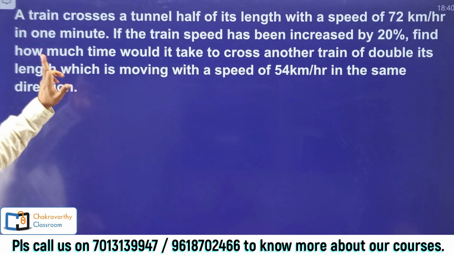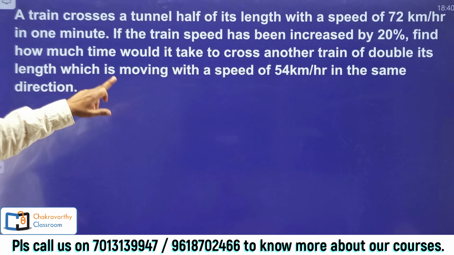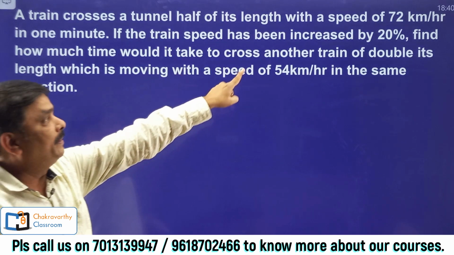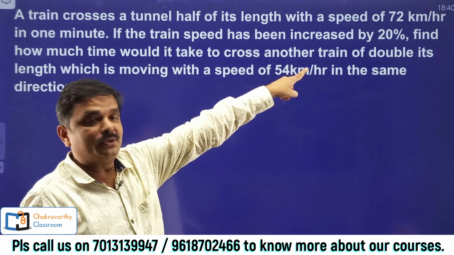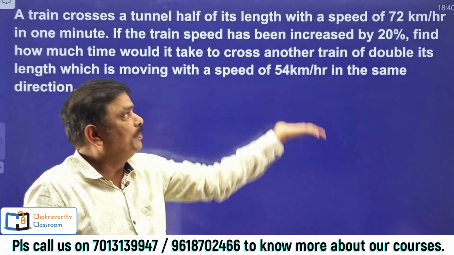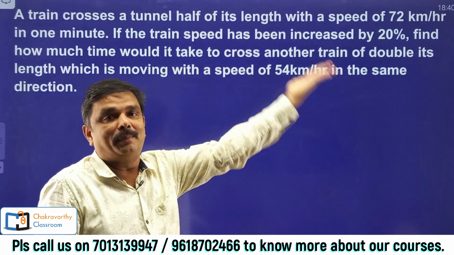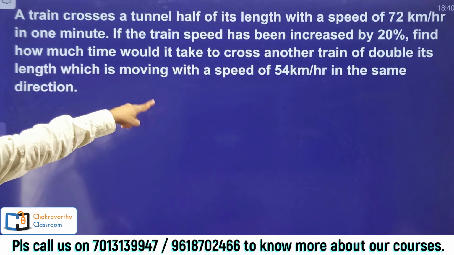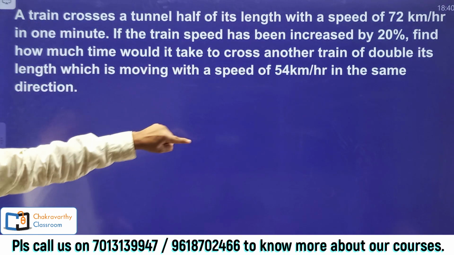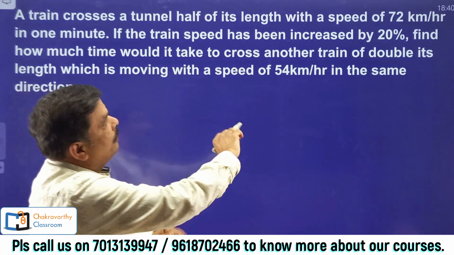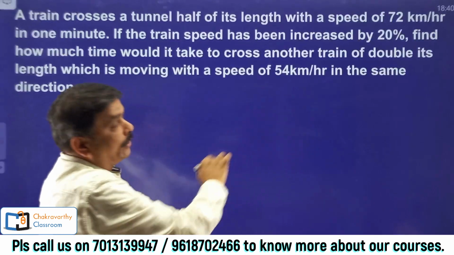Then what they have given: if the train speed has been increased by 20%, a very good one. Previously it was 72 kilometers per hour while crossing the tunnel. Then after that, if the speed has been increased by 20%, then find how much time it would take to cross another train of double its length, which is moving with a speed of 54 kilometers per hour in the